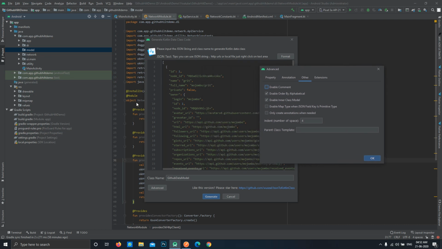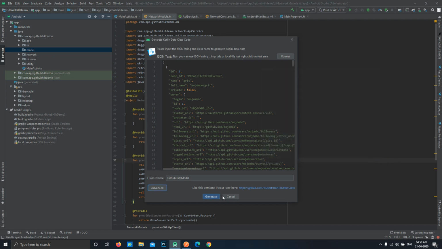As you can see here, we have an array, and then we have an object, and inside that we have another object, that is the owner object. If we don't tick this option, then it will create multiple data classes, one for this owner object, and one for this inner object. If the nested structure is very deep, it can create 5, 10, 20 different files. In our case I'll be using a single file, so I have ticked this option.